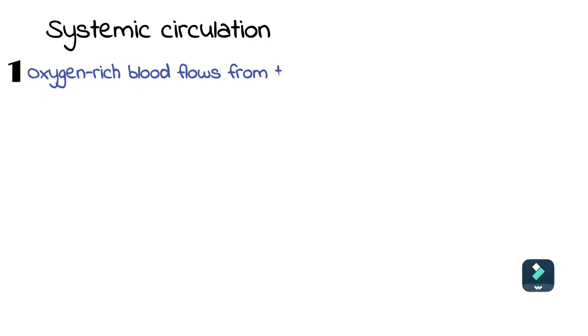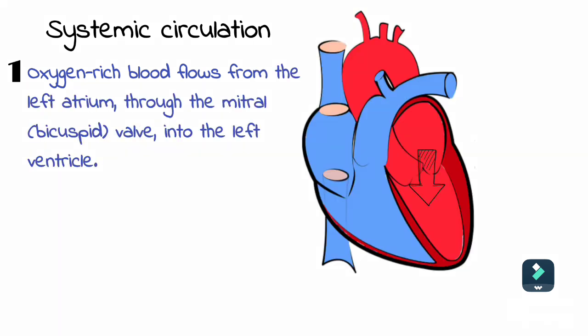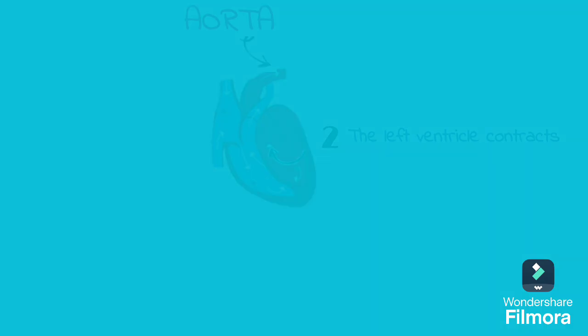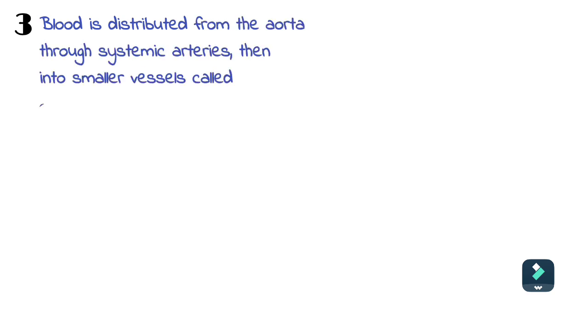Systemic circulation. 1. Oxygen-rich blood flows from the left atrium through the mitral bicuspid valve into the left ventricle. 2. The left ventricle contracts and pumps the blood into the aorta. 3. Blood is distributed from the aorta through systemic arteries and smaller vessels called arterioles, which deliver blood to all